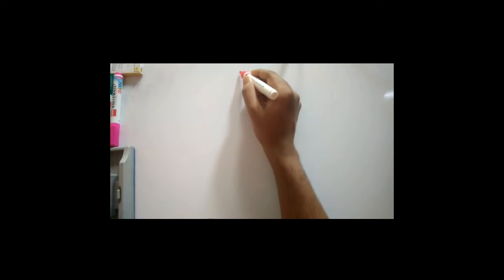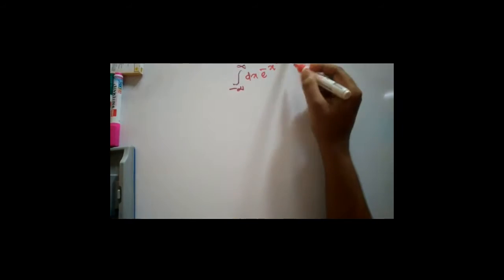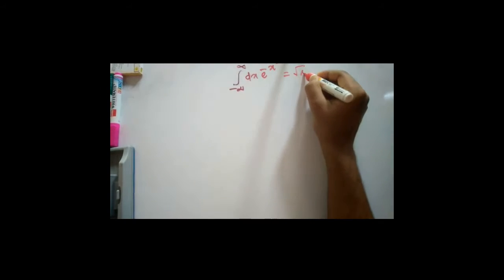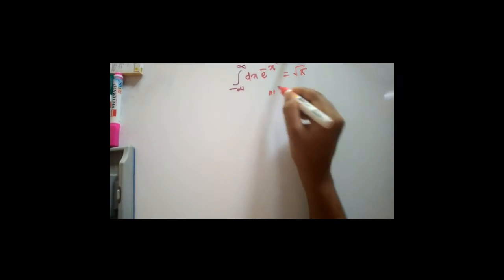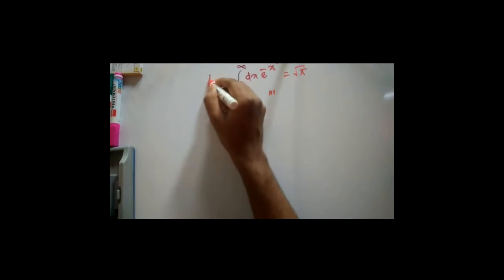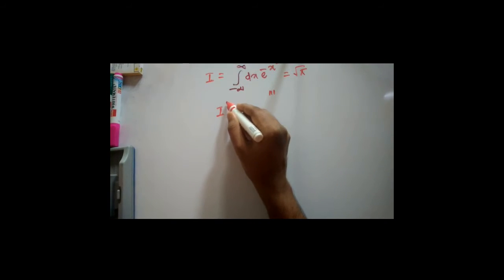This is actually the continuation of the previous talk where we have calculated this Gaussian integration, the integral of e to the power minus x square, that is root over pi. And how did we do that? Probably you remember that we defined it as I, and then we multiplied I into I,